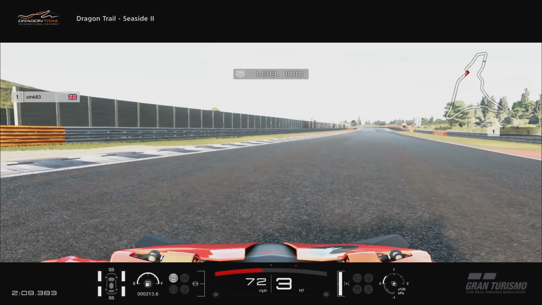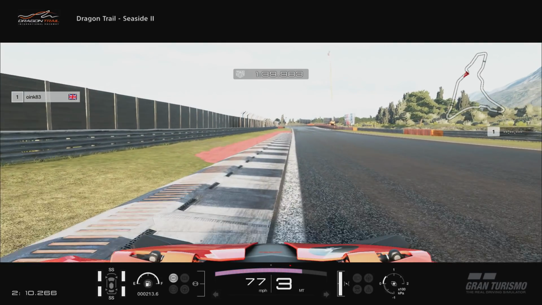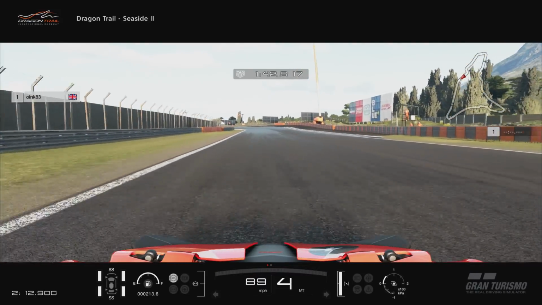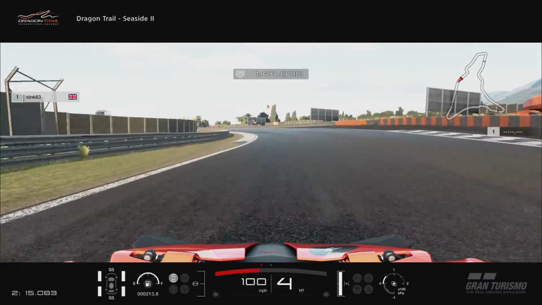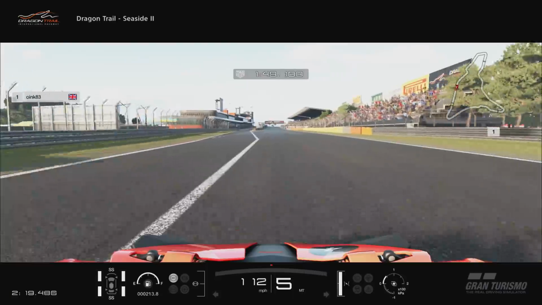So on the throttle super early, and again, I could have been a little tighter to the right-hand side and gotten a quicker exit there, but never mind. And you're just going to keep that nice and smooth. You end up in the middle of the track, and then it's just plain sailing from here to the end as we come in. And you'll see I get the